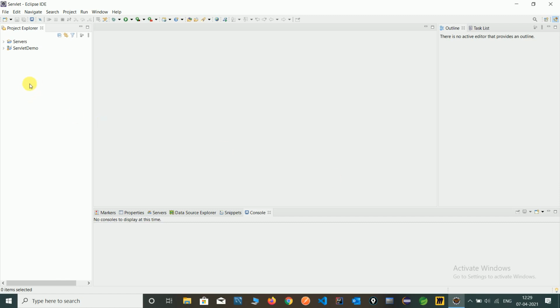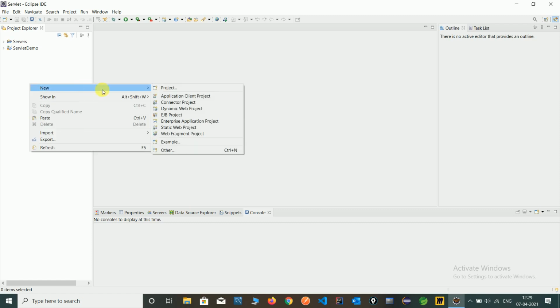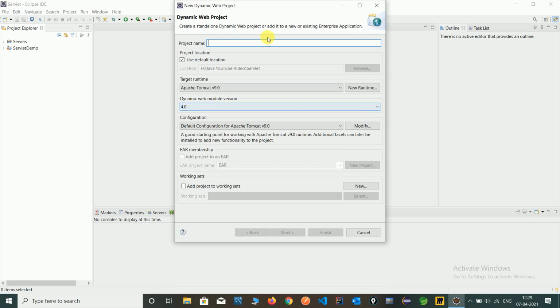Just right click here, click on New, click on Dynamic Web Project, and give a name for the project. I am giving FirstServletDemo.